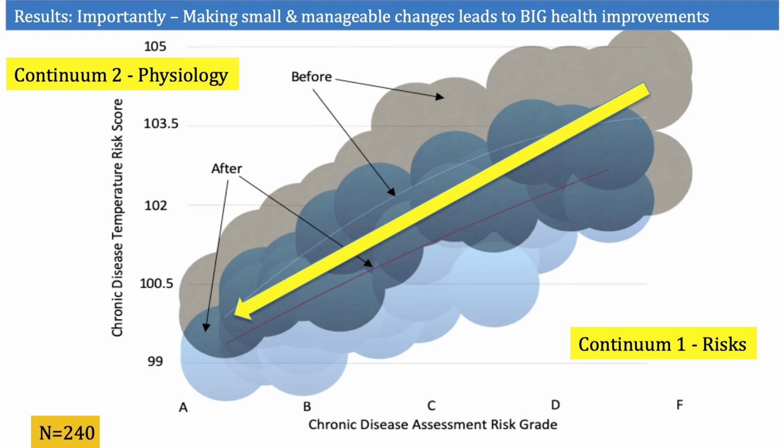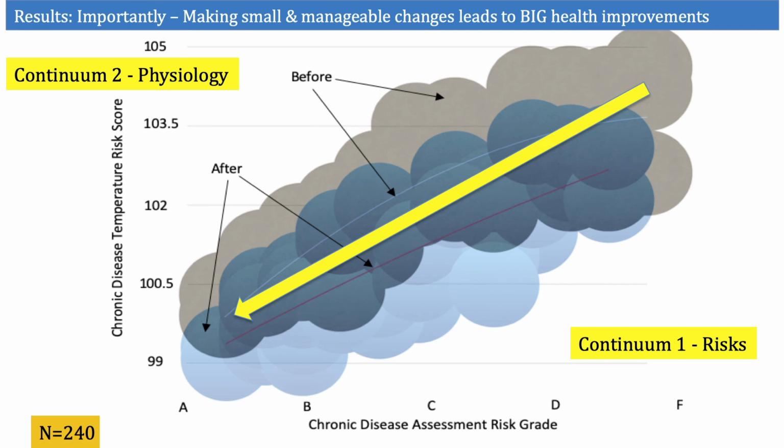your physiological status, where you lie on the physiological continuum, which we also give a single score to, what we call your chronic disease temperature, which is an amalgamation of 20 biomarkers, all titrated to an endpoint of early mortality, so we create a risk score from that. We can see that just by moving down the risk continuum for life risks, we move you down the physiological risk continuum. So the subjective life risks, when titrated or improved, lowers your objective risks measured through physiology.